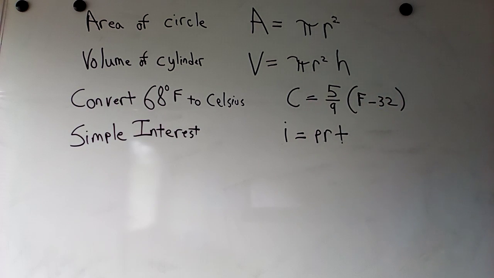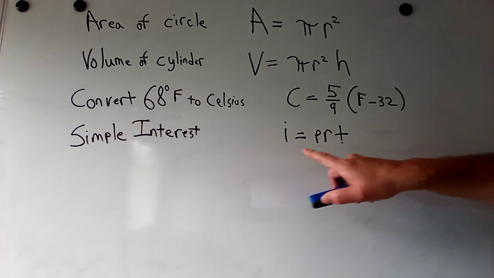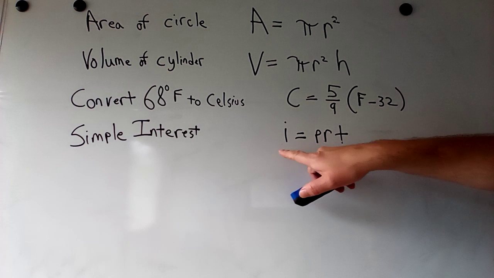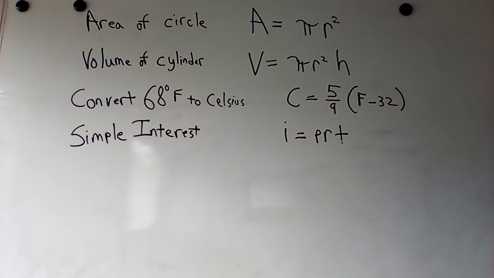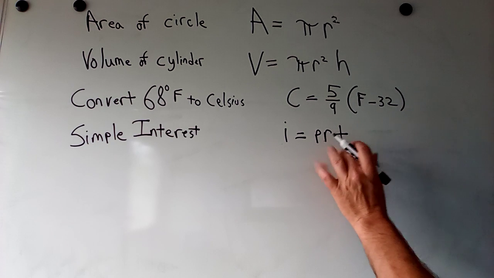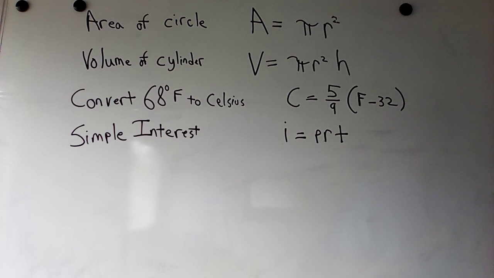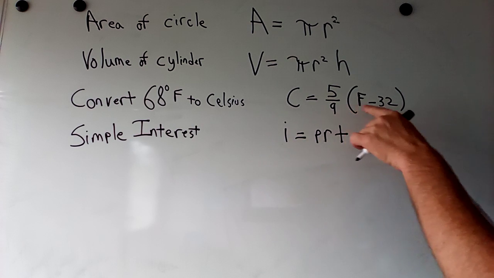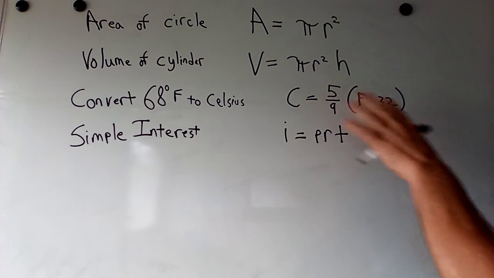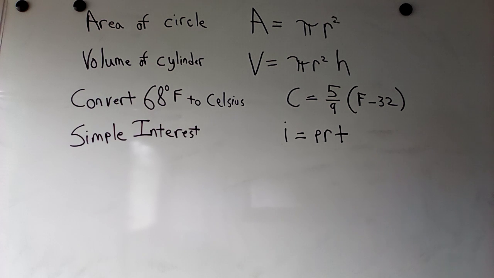Now later you'll learn, what if you're given the amount of interest and you want to figure out what the rate is? So you're given the interest, the principal, and the time. Then you can rearrange this, and when we start solving equations, you'll learn how we can isolate whatever it is we're wanting to find. But for these problems, you're going to be given the principal, the rate, the time, and you're going to find the interest. You'll be given the degrees in Fahrenheit, and you'll find Celsius. So you won't have to manipulate these problems around. But later on, you'll learn that if you're given any part of this, then you can usually figure out the other parts. So, all right. So that's the section on